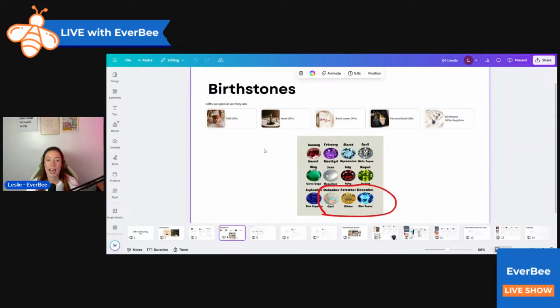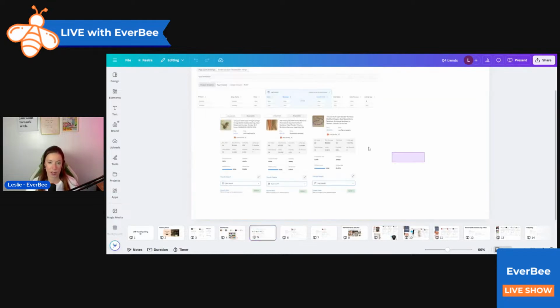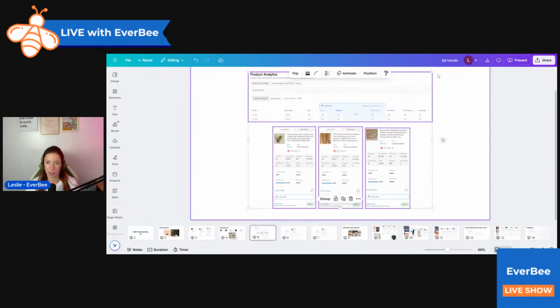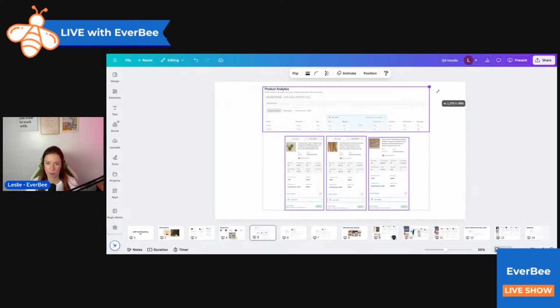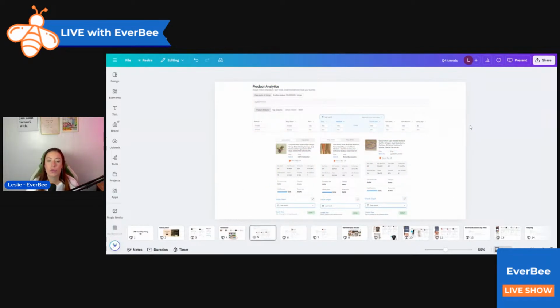So it might be an idea that you guys can jump into. Let me see if I can zoom in a little bit on these, make them a little bit bigger for you guys. There we go. So it might be an idea to actually get into this space, whether it be on Etsy